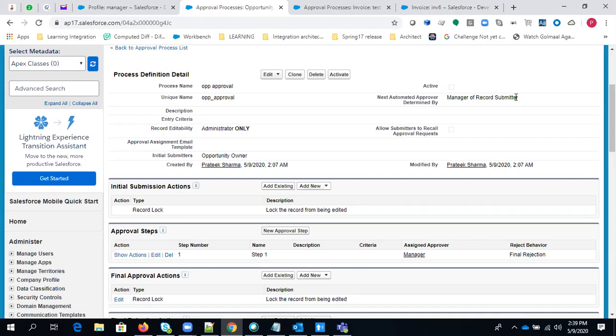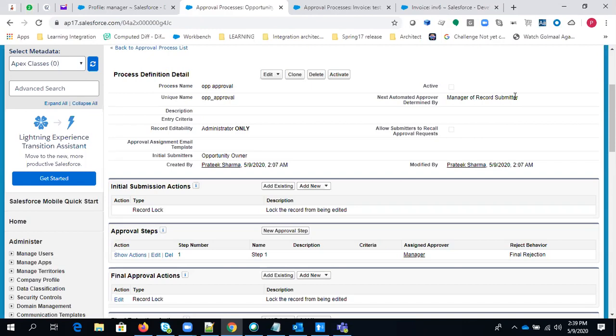Sir, if we select a queue as an approver, then every process will go like a queue, right? So you have queue members, and queue members can access the record and become the approver. So in this scenario, do we need approval from all queue members or only one of them? That is up to you. If you are selecting step one, it will work on a first come first basis. Somebody will approve, because the queue member has to get the record and make himself the approver. And every record will have only one approver at that time.